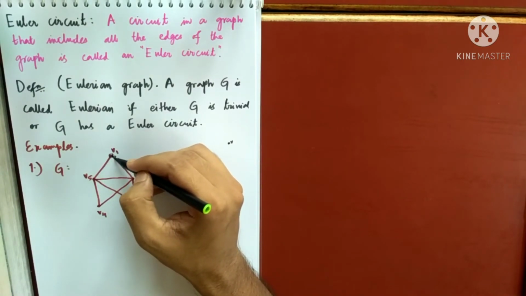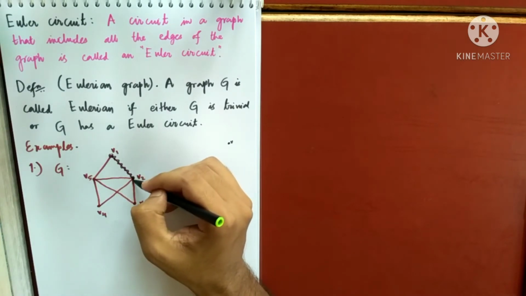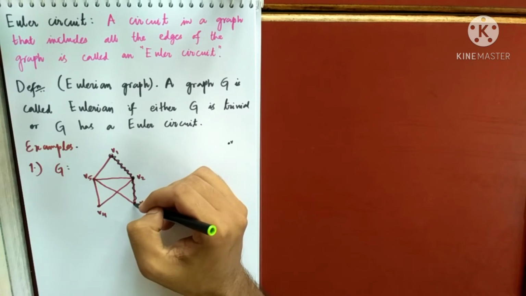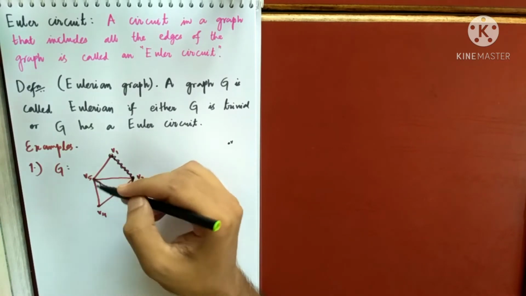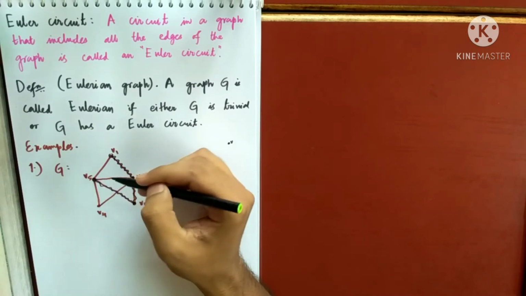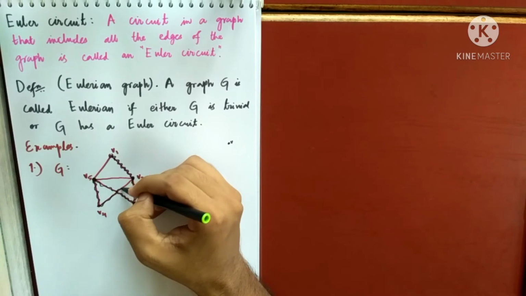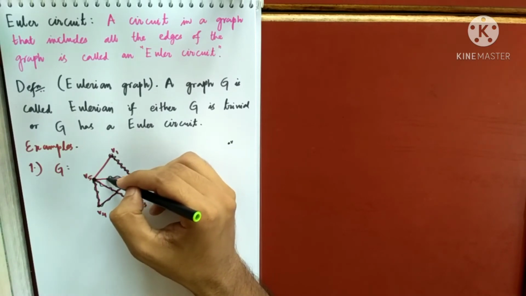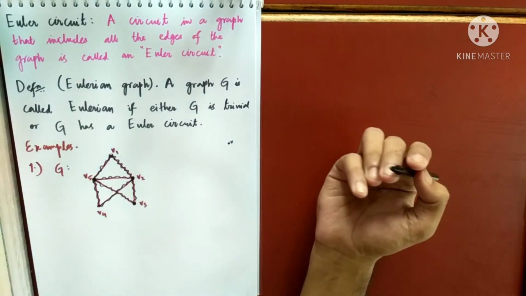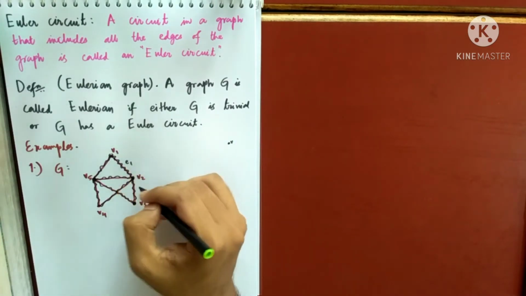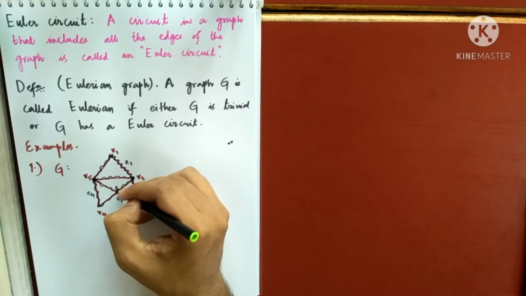Suppose I start from here. So this edge has been covered. We reach here. Suppose I am taking this. This has been covered. All the edges must be covered. I am taking this. Then I am taking this. I am taking this, I am taking this. Vertices may be repeated, but the edges cannot be. I have reached here. You see, E1, E2. I took this as E3, took this as E4, take this as E5.